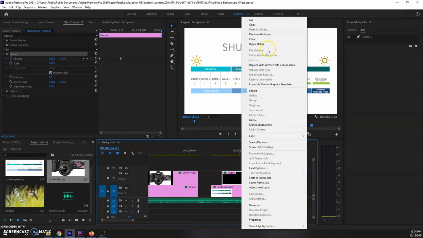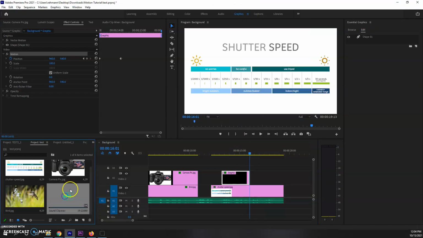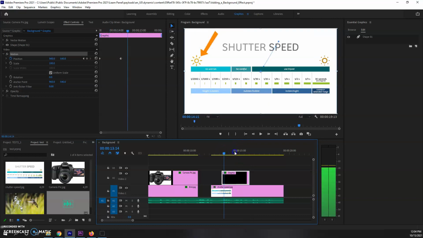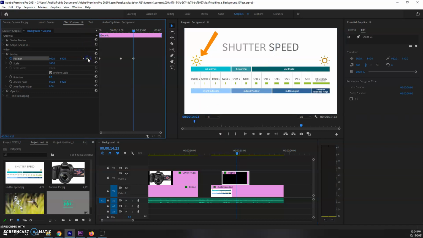So I'm going to duplicate this one. That doesn't show over here. How do I do that then? Yeah, maybe I don't need to. All right, you get the idea. It comes in, and what I could do is, here's the shutter speeds, right? So I'm actually going to do another dot, and I'm going to go ahead and use that, click on motion